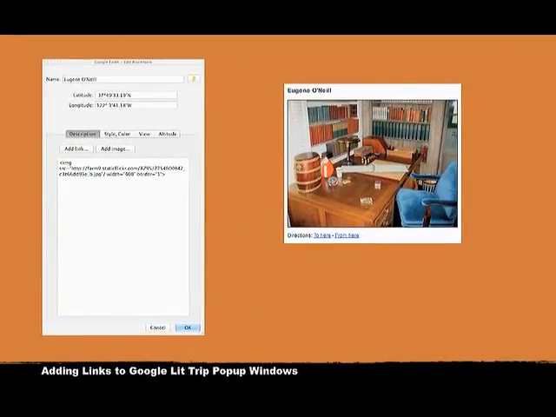In the previous tutorial, we learned how to insert images into Google Earth pop-up windows. We also learned how to resize images and how to put a border around them. Now that we have the image, we should consider putting a caption under the image and an image citation link